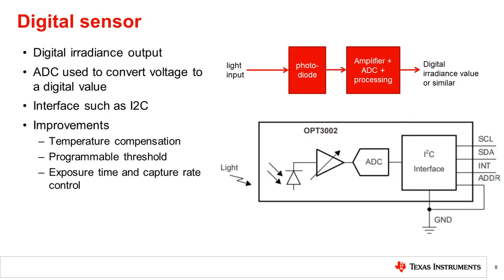Digital output sensors integrate the analog-to-digital converter into the sensor and directly output a digital value. This type of sensor is convenient to use and can also save cost because it can directly connect to the host microprocessor without the need for additional components. Digital sensors often use interfaces such as I2C, which is also less sensitive to noise than an analog signal. Additionally, multiple sensors can be connected on the same bus, resulting in fewer signals to route.